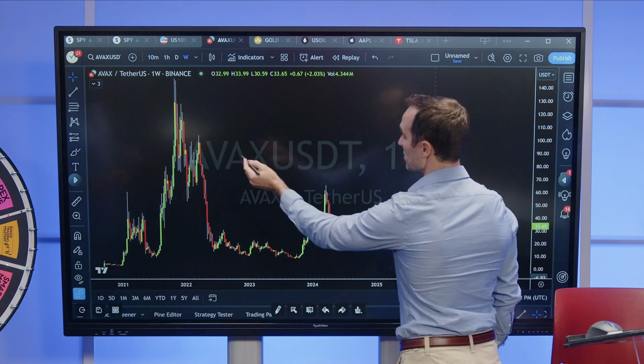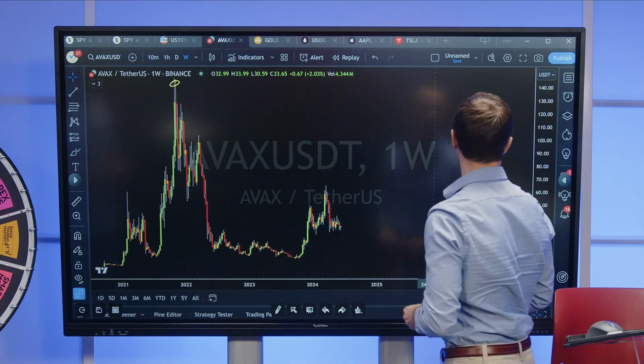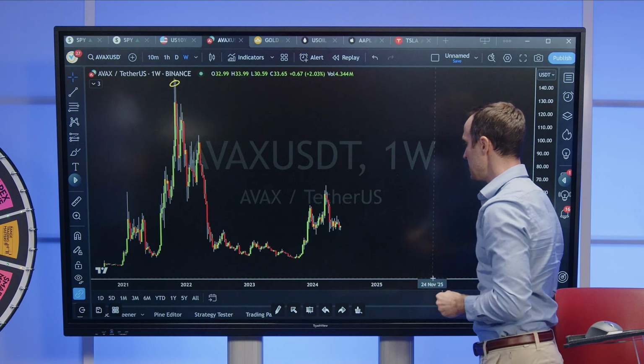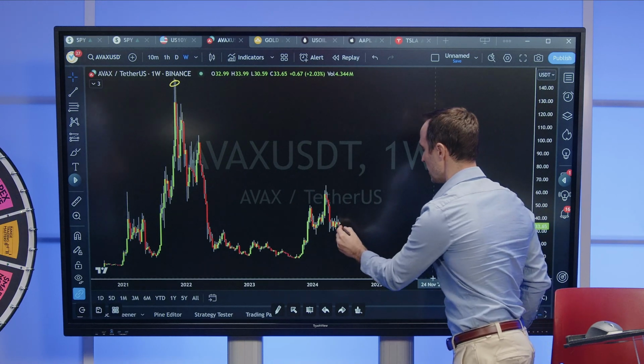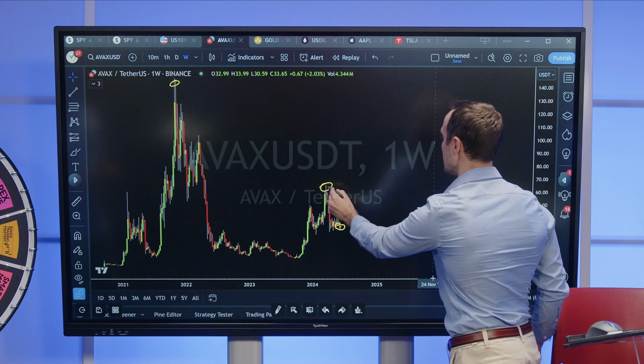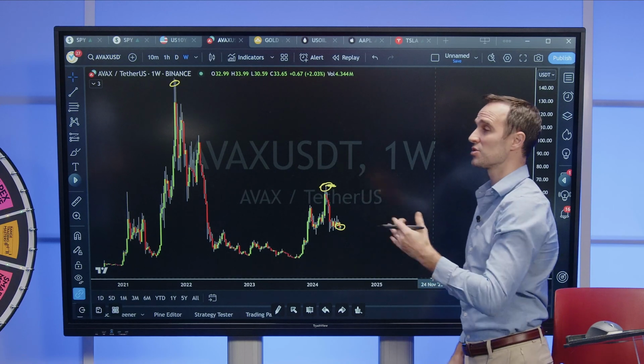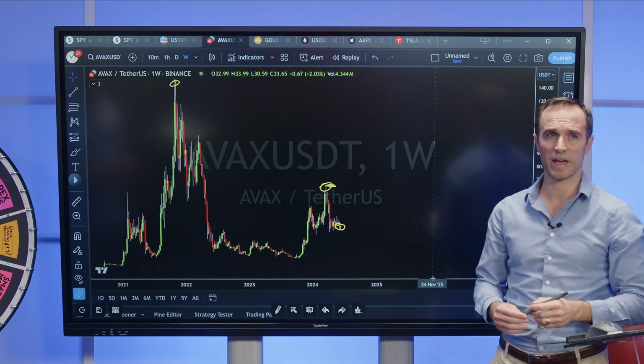Obviously, this was an unbelievable time in the markets. AVAX here was about $140 in USDT. Now it's trading at 33, right? And during the last Bitcoin run, when Bitcoin was at the all-time highs, AVAX only traded about half of its all-time highs. So that tells me that